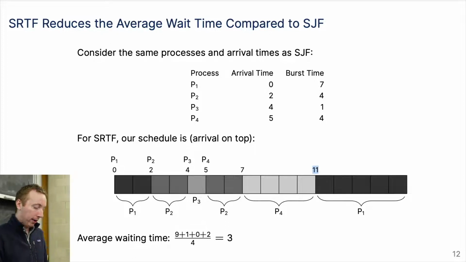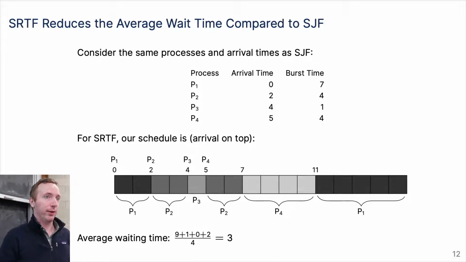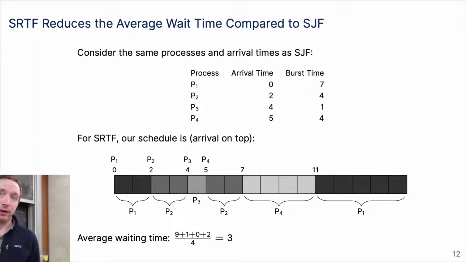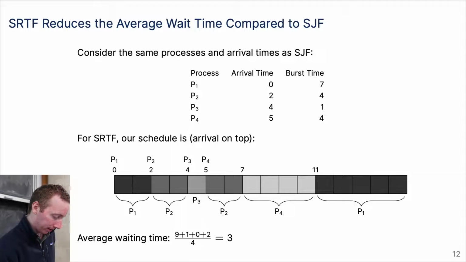So now our average waiting time, we have to do a bit more math. The wait time for process 1 is essentially this whole middle section. So it started here, and before it finished here at t equals 16, it had to wait 1, 2, 3, 4, 5, 6, 7, 8, 9. So it had to wait 9 time units. Or if you don't want to count the squares, it finished at t equals 16 and wanted to start at t equals 0. So you just take that difference and subtract how long it takes to execute. So 16 minus 7 is 9. So it waited around for 9 time units.